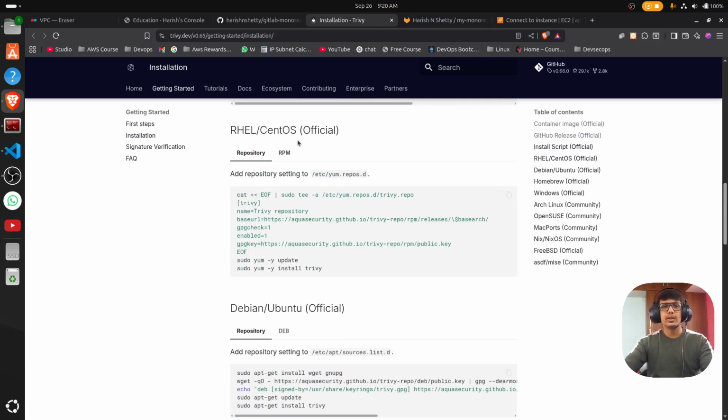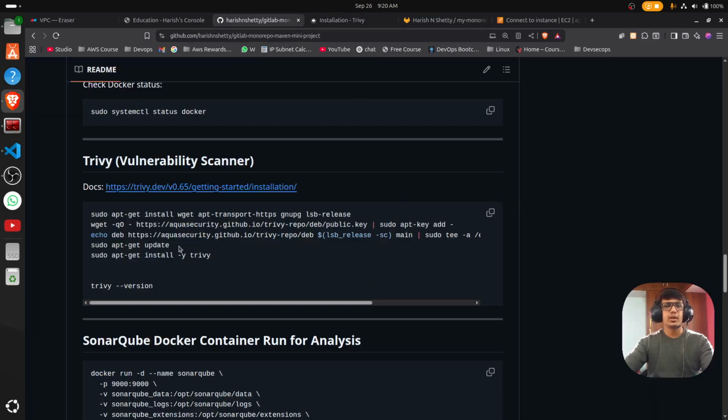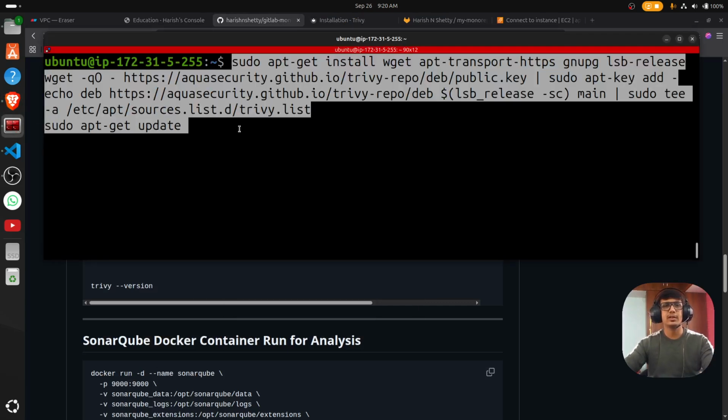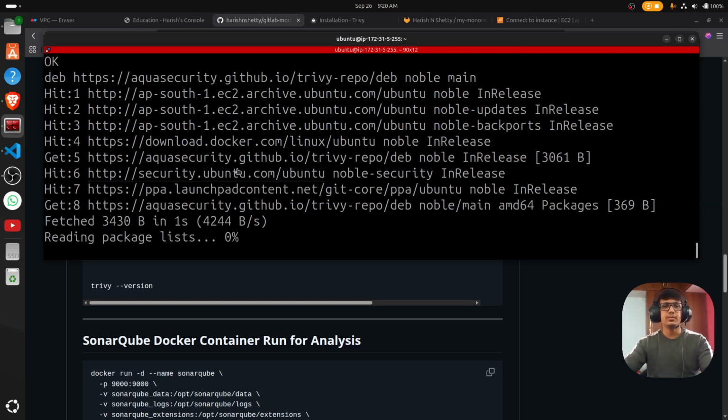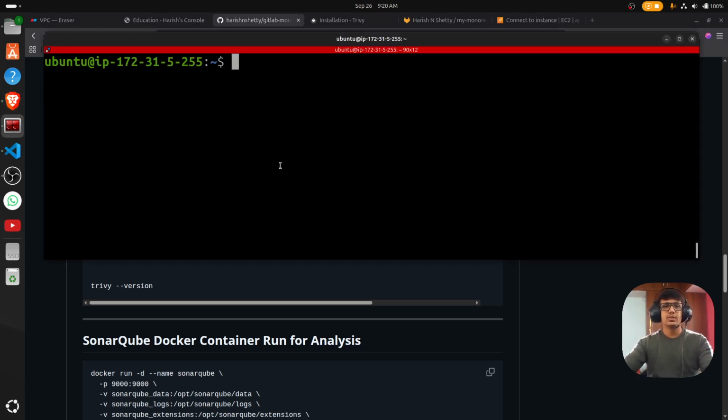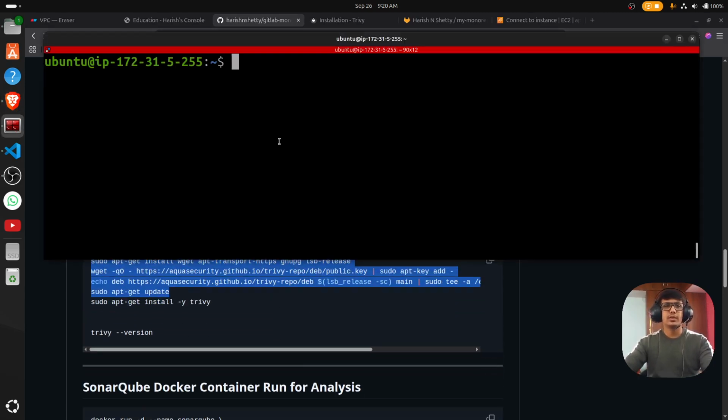You can also get the RPM-based one, or you can add the key and add the repository inside your machine. The same I am doing here, just adding the key and updating the system right now. Done. And installing Trivy with sudo apt